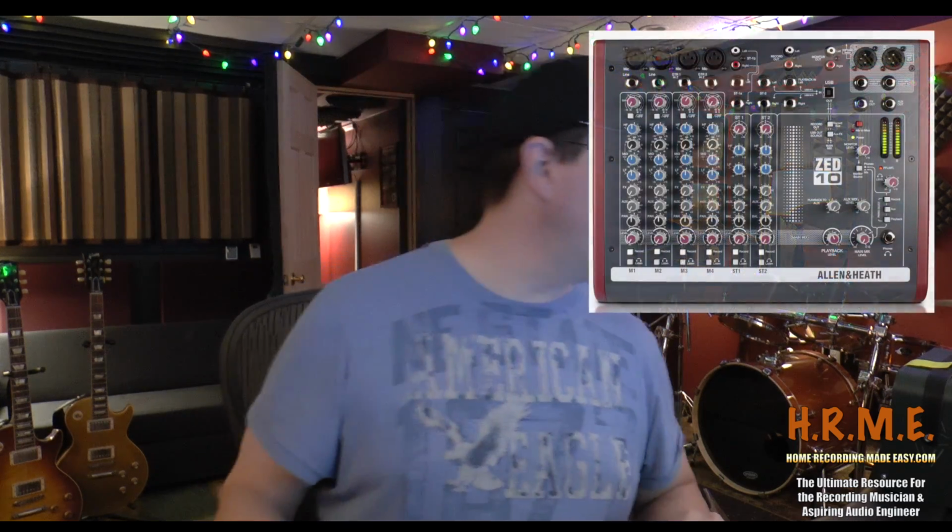When I'm recording training videos or stuff on the screen inside of the DAW, I'm using the Shure SM7B broadcast microphone. That's the microphone that I'm using. That is going directly into an Allen & Heath USB mixer, and the model number is the ZED10. It is a 4-channel